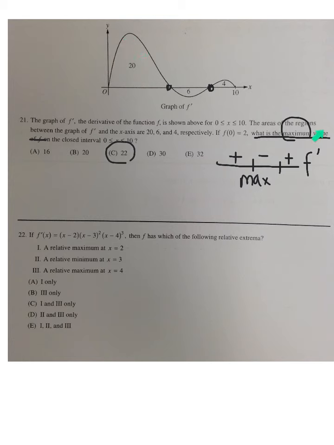The other key word is this word value. So they really want the total amount. Well, I'm having a maximum right here. So the amount or the value would be 20. But notice they gave you this little bit right here. So what that's saying is